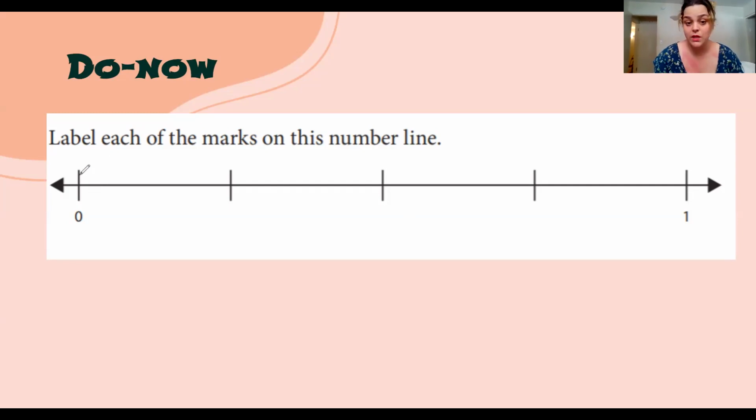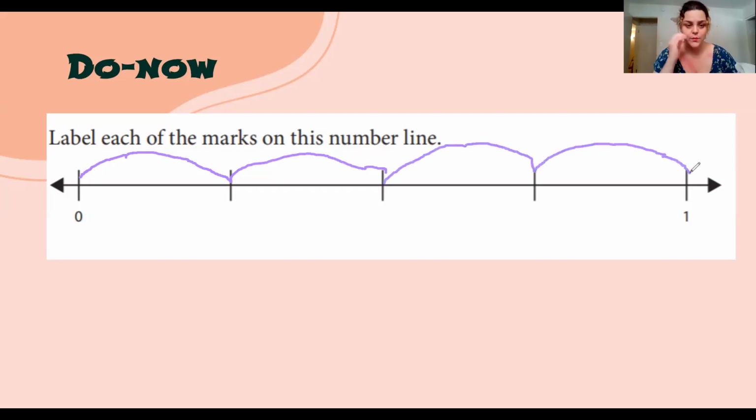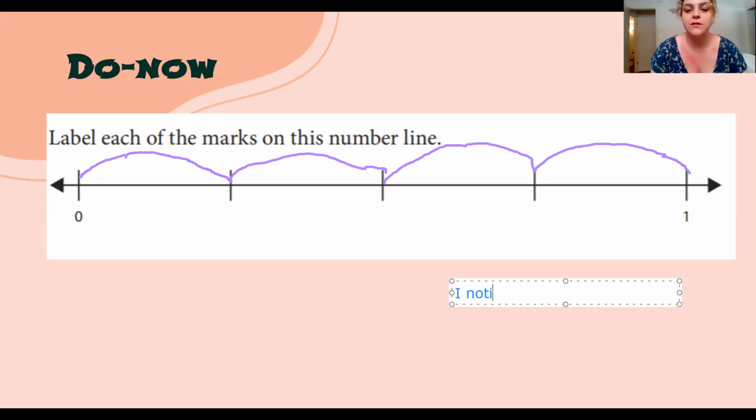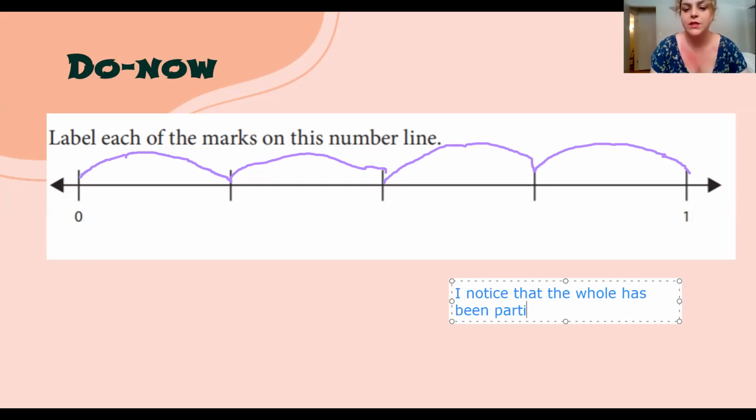So that's the first thing I'm going to do, just do some jumps to see how many jumps I have. So that's 1 jump, 2 jumps, 3 jumps, and 4 jumps. Okay, so my whole has been partitioned into 4. So I'm going to write that down as a statement. Make sure whatever I do, you're doing with me. I notice that the whole has been partitioned into fourths,